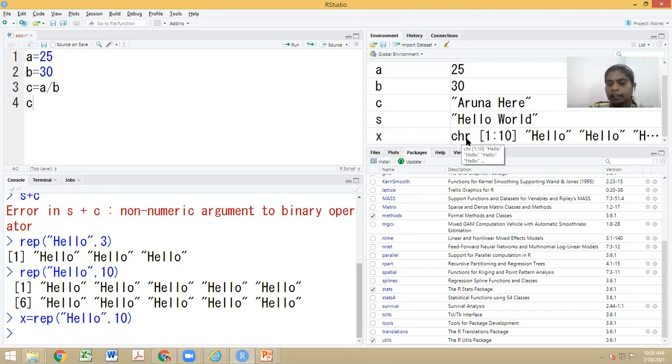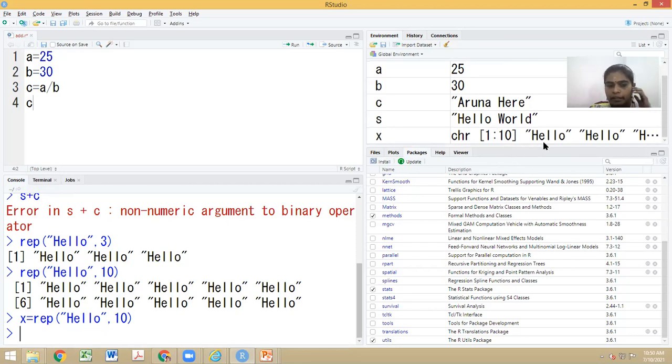CHR indicates that it is a character. And here you can see 1:10. It means that you have totally 10 values. The 10 values will take position values from 1 to 10. That is why it is given as 1:10. You should know this range, why? To access the values also. We will see how we access the values.